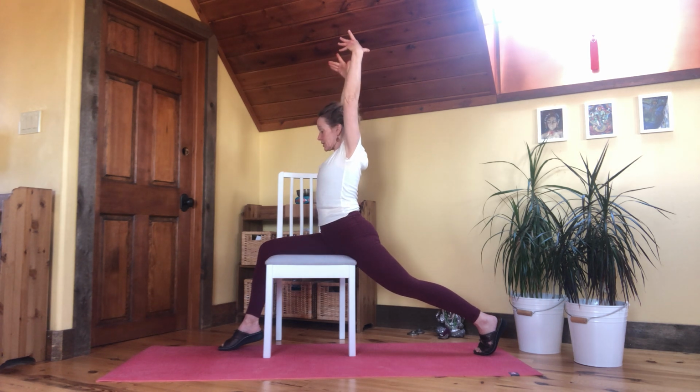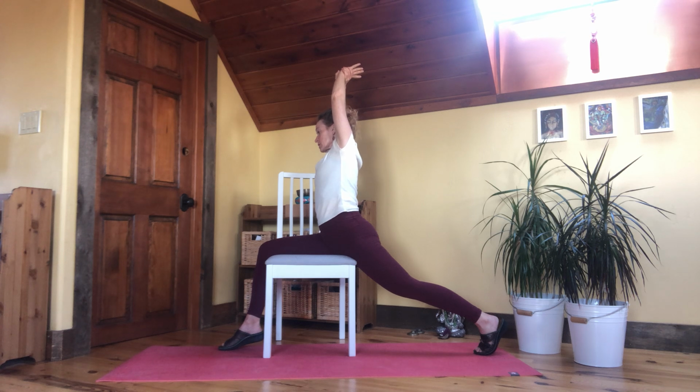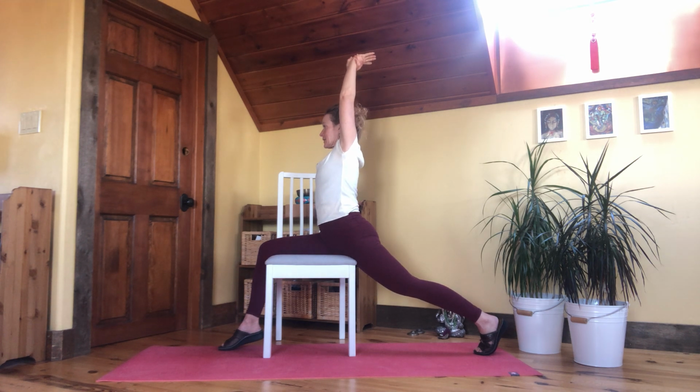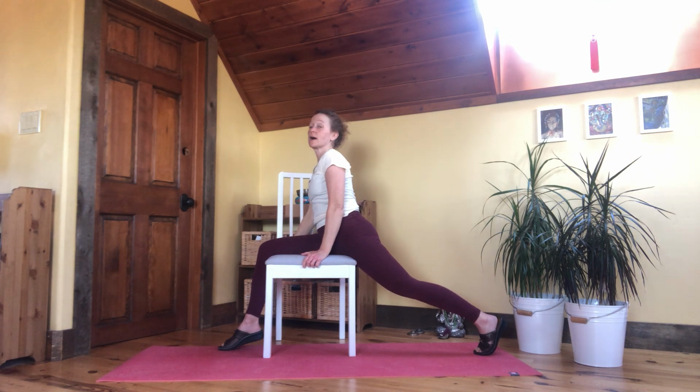Maybe we can hold on to the midline of the body and stretch the arms up towards the sky. And if you want it a little bit more in towards your left hip, you can take your right hand around your left wrist and just give yourself a little tug over towards the right side, stretching in towards the left side of the waist, just for one breath. And then we'll take it back to the center and release the hands to the chair, and then come